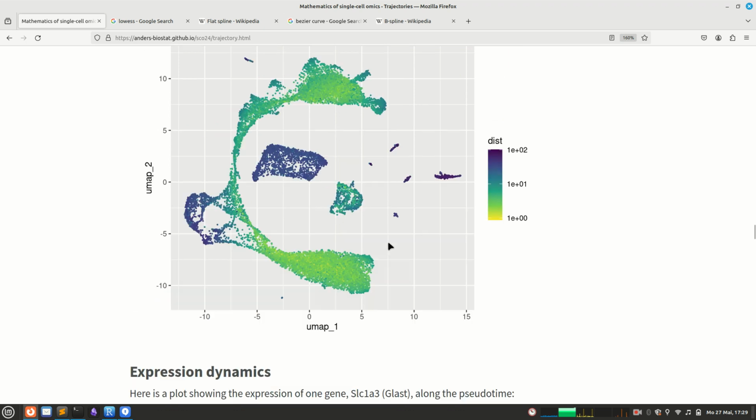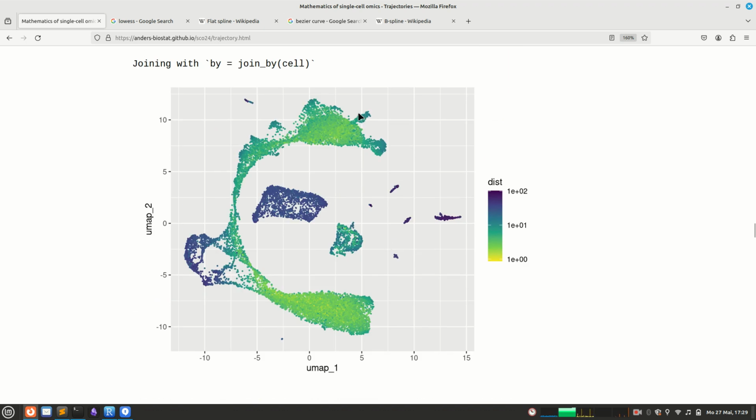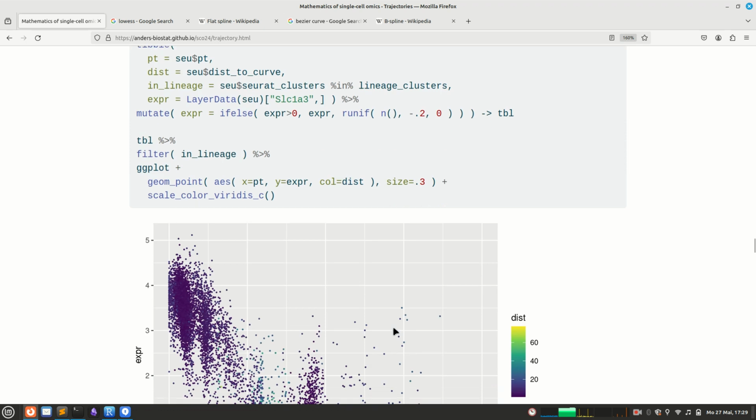And what I can now do, now that each point, each cell now has a pseudotime, I can do the following. I can